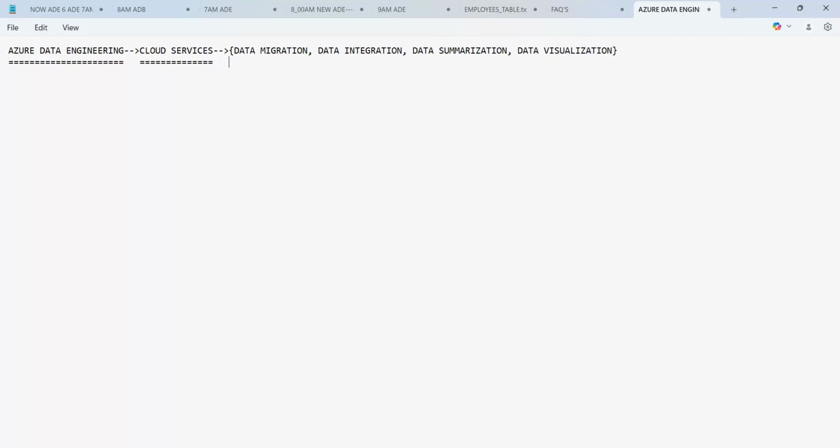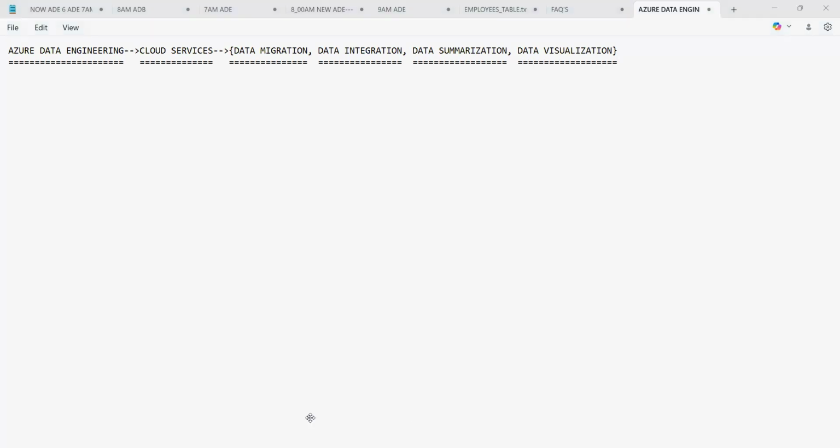So these are all the tasks we can perform by using Azure Data Engineering: the data migration task, data integration task, data summarization task, as well as the data visualization task.